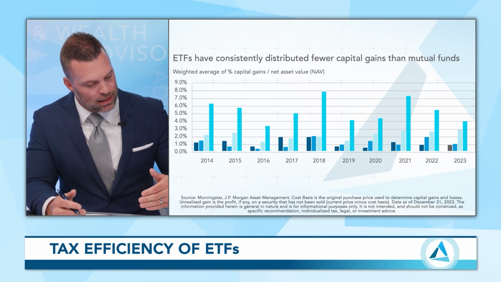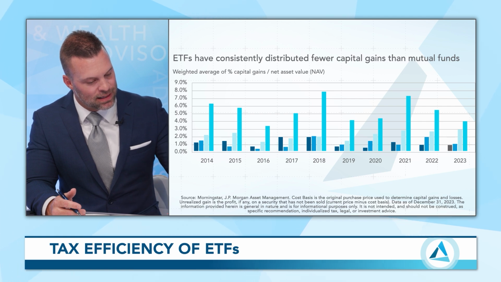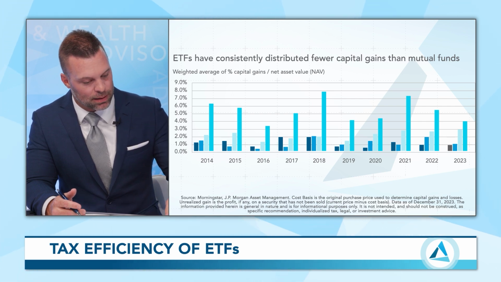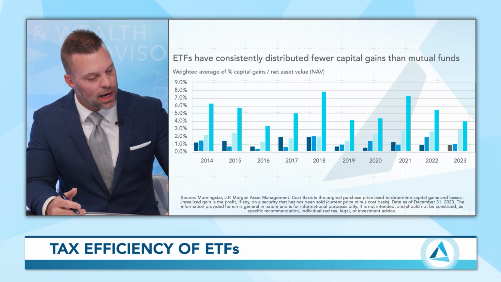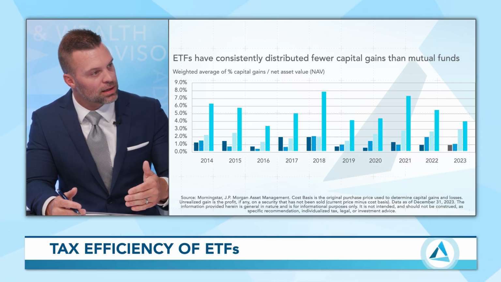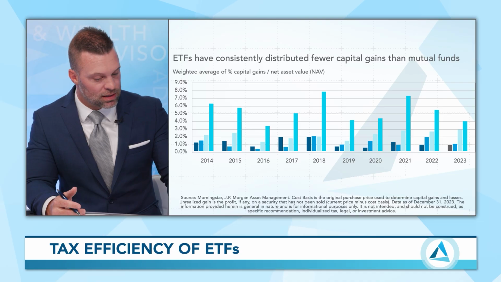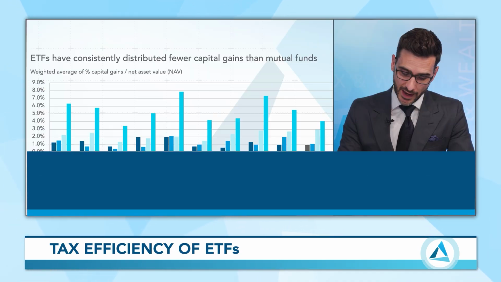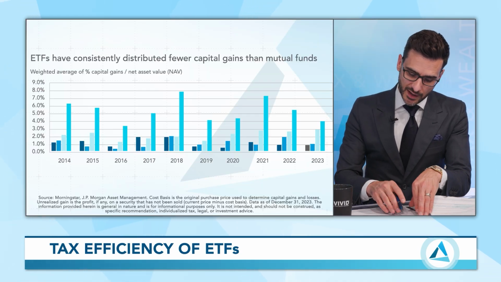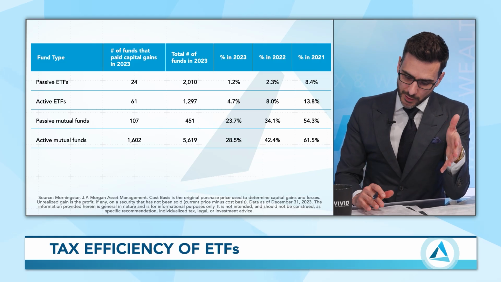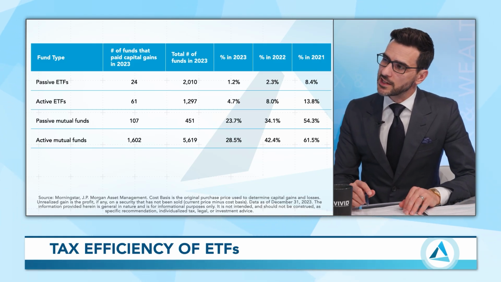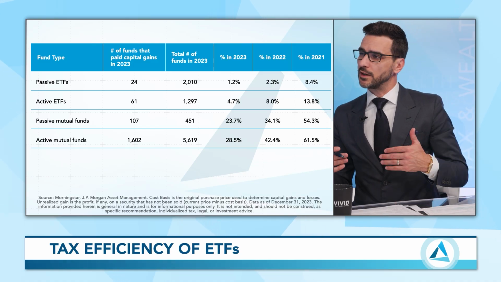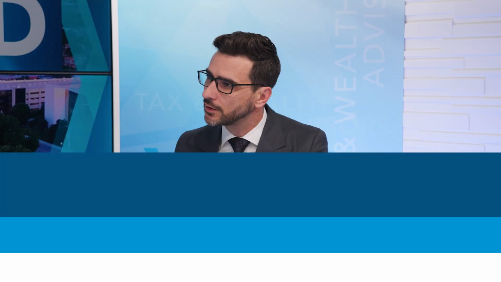And you can see, based upon the amount of activity in the product type, specifically active mutual funds, they pay a much higher percent as a capital gain distribution. And you can see it consistently across all the years. Look at that. Those distributions can cause potential taxable events, where what if it bumped a client into a higher tax bracket, right?